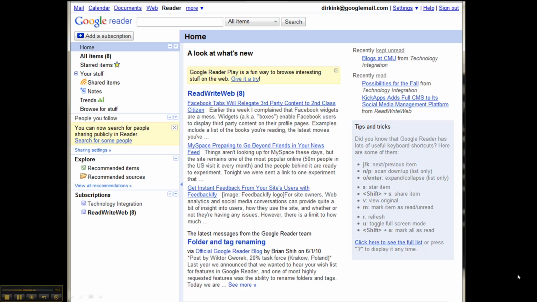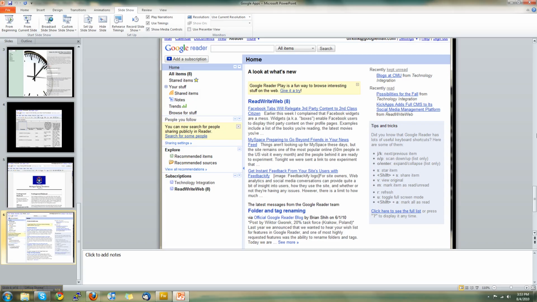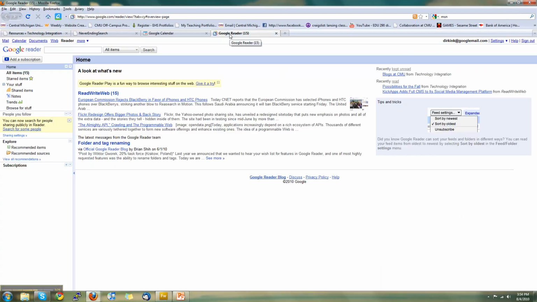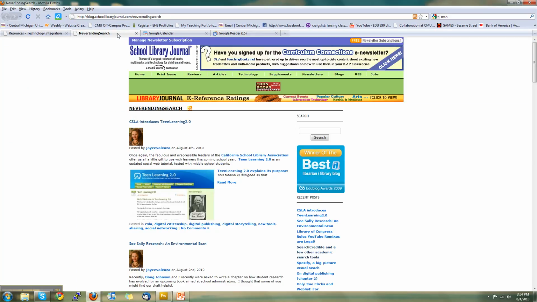I'm going to exit this for just a second and just show you how you would add a blog to your Google Reader page. So this is my page where I am following different blogs, different sites, because anything that has an RSS icon can be followed with your reader. And one of the blogs that I suggested in the resource page for my blog, Technology Integration, was The Never Ending Search by Joyce Valencia. I found multiple resources from her blog, and all you need to do, especially with blogs, which all have RSS feeds, is to copy the URL,